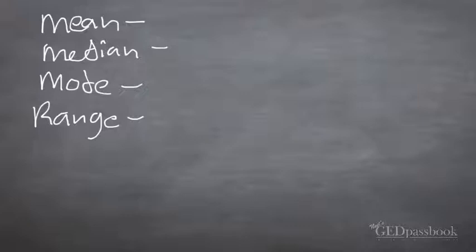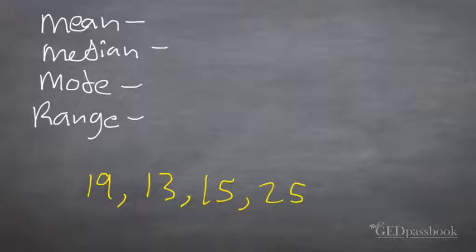You might be given a whole row of numbers. So we're talking about, let's say they give you this: 19, 13, 15, 25, and 18. In a word problem, they might give you this row of numbers and give you a question like, Mr. Solano had